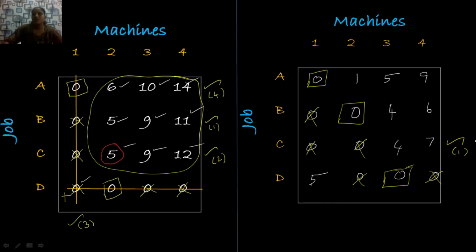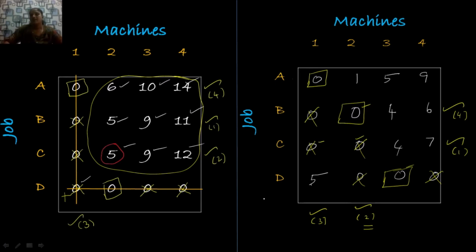After marking this row, look at this row's elements. Is there any zero element? Yes, there are two zero elements in the first and second column. So you mark these two columns. So let me take it as 2 and 3. Now let me proceed with the second marked column. That means we start with the second column. In this column, look at whether any assignment has been made. Yes, there is an assignment here. So you mark this corresponding row. This is your fourth step.